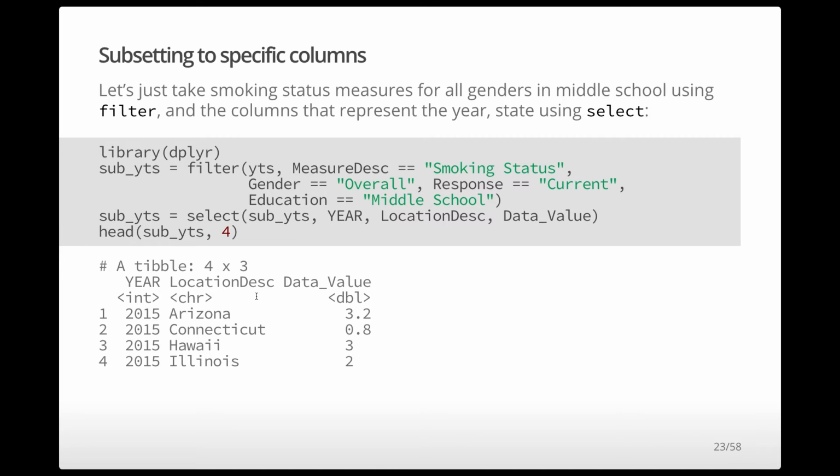Gender, we want the overall estimates. We want the response to be current smokers, and we want them to be middle school children. We're grabbing just those rows, right? And we're selecting just the year, location, description, and the data value. So these columns. Okay? That's all we're doing, just so we can condense the data down so it actually makes sense